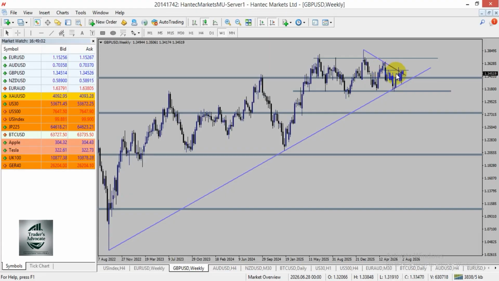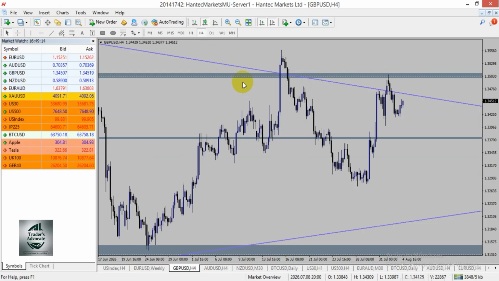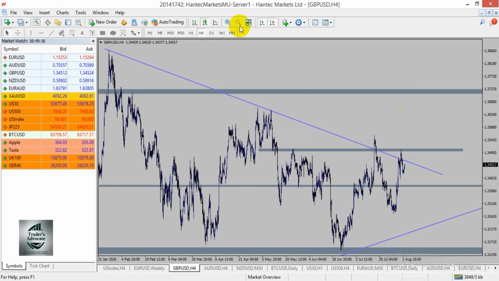So I will sit on my hands, allow the market to decide. If the market is ready, it will break above here. I'm not saying if I go to the lower time frame, I won't find trade opportunity, but how consistent are they? Like if I go to the 4 hour time frame, I'm seeing what they call an inverse head and shoulder pattern occur. This is the left shoulder, this is the head, this is the right shoulder, this is a neckline. If price breaks above here,